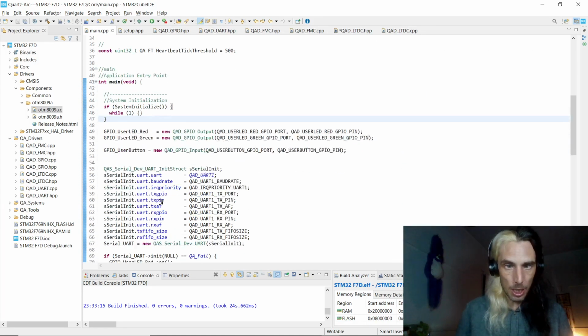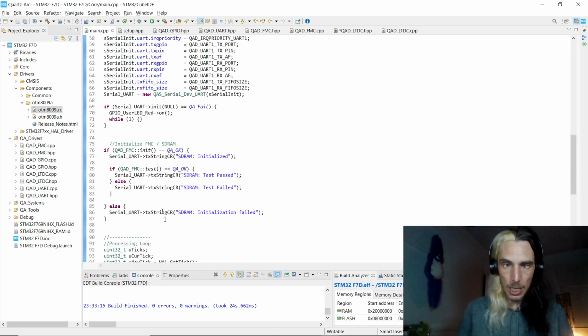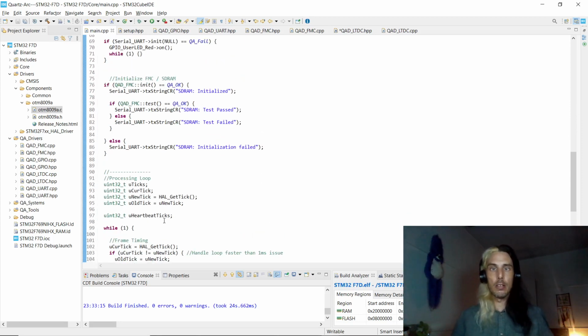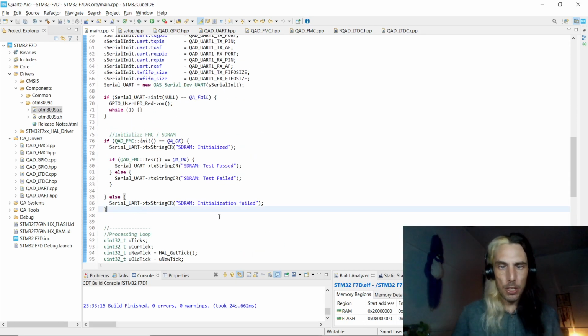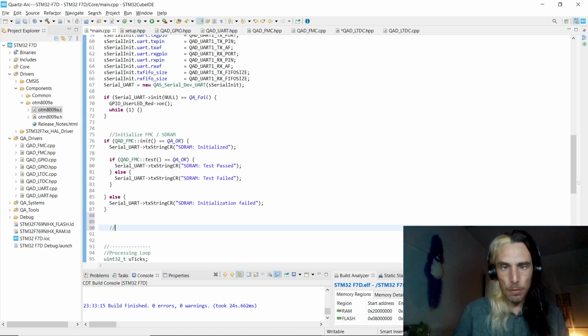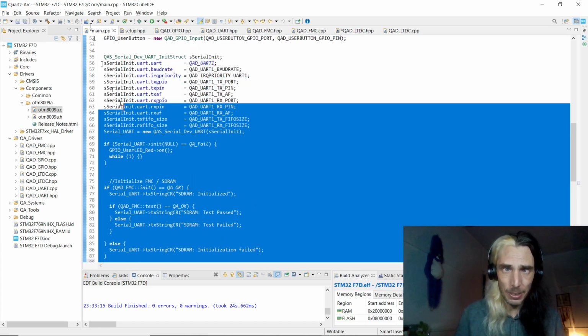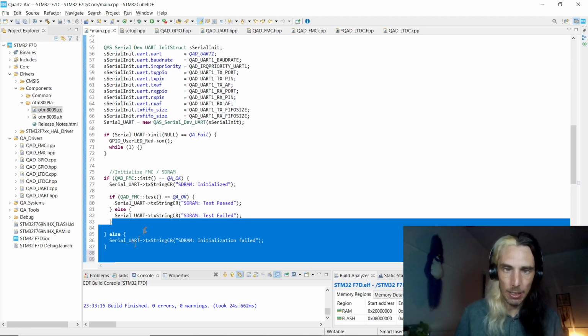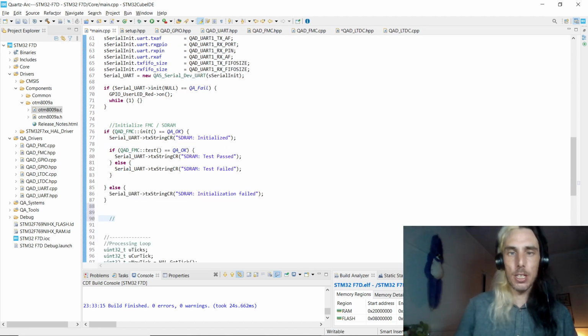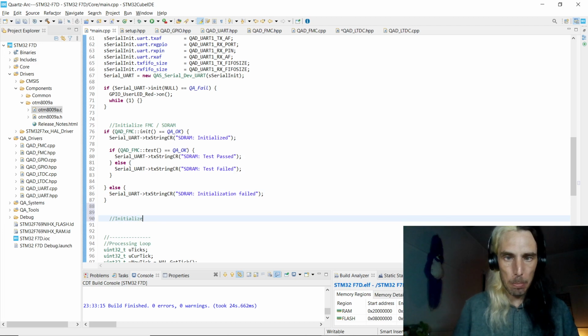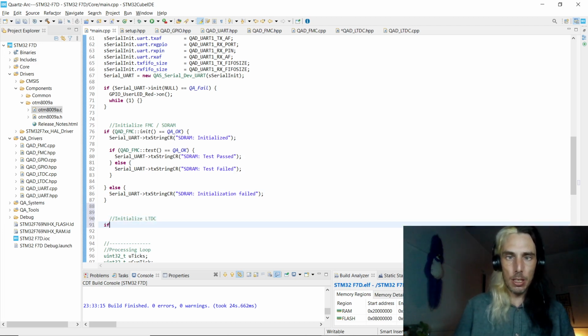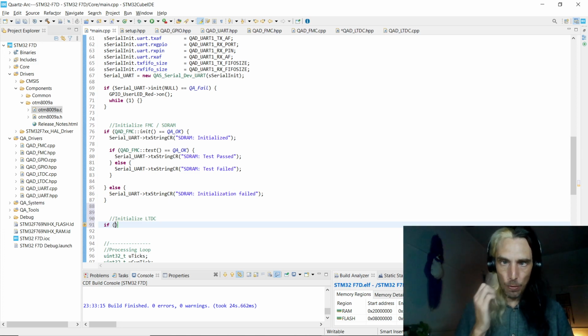Alright, so in our main.cpp, we'll do this after doing our serial stuff. And again, most of this stuff in here, we're actually going to change at a later date. This is more just for testing the drivers and stuff at the moment. So initialize LTDC. Let's go if